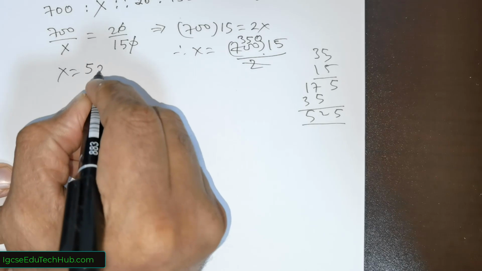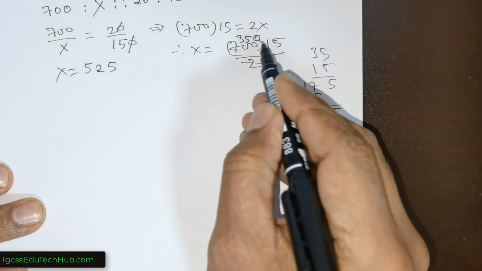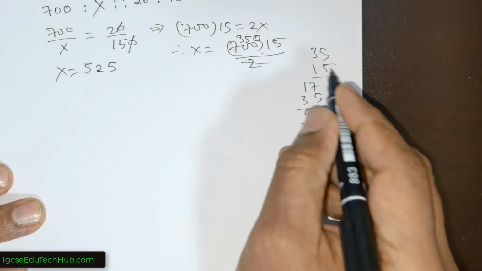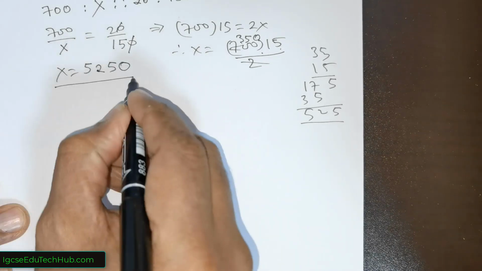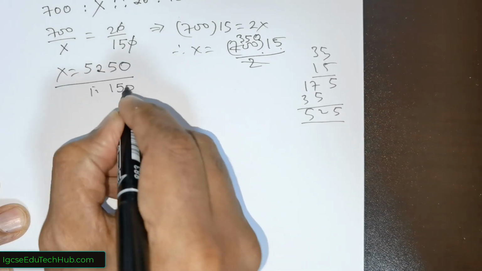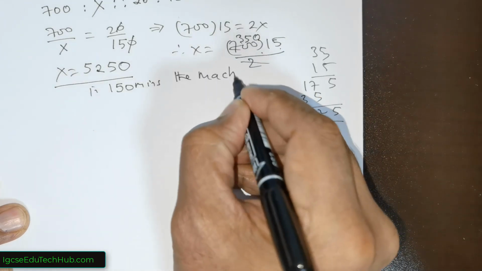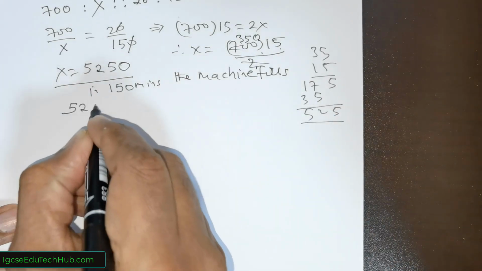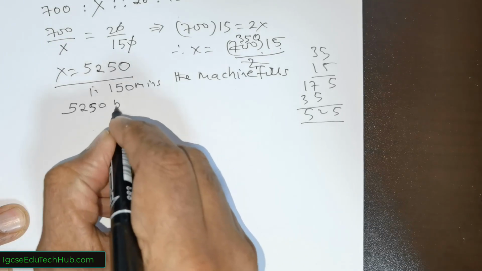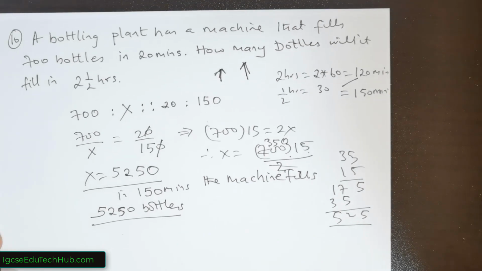So x is equal to 525, but that's not yet done. You have a 0 there. I did not take up the 0, I just multiplied 35 with 15, so you need to place a 0. So in 150 minutes the machine fills how many bottles? 5250 bottles. So this is a lovely question,